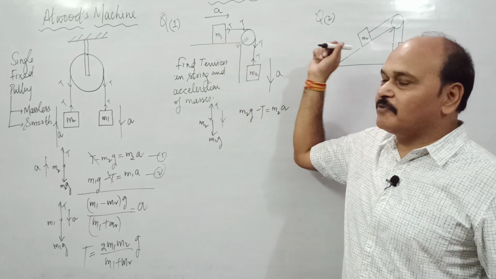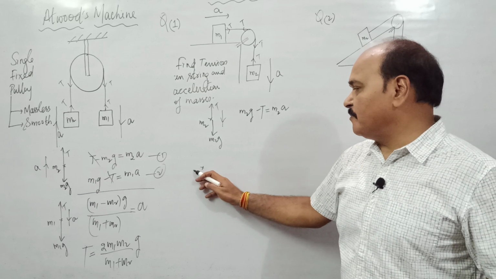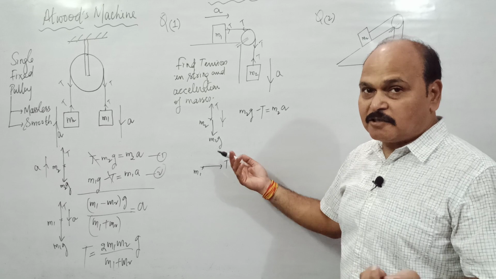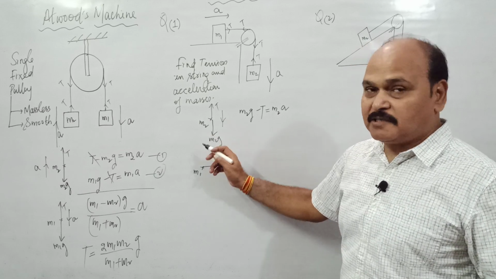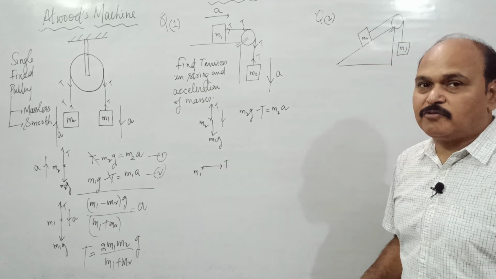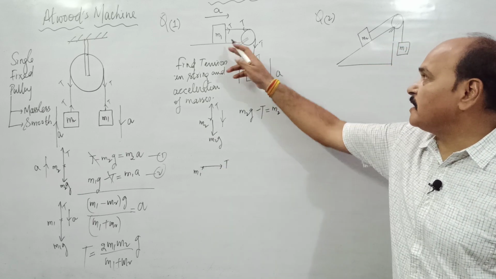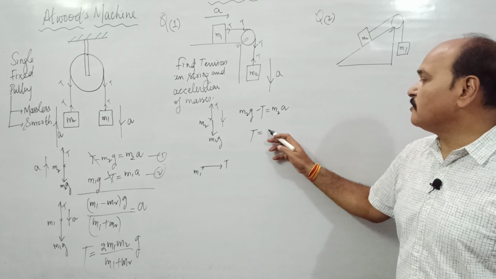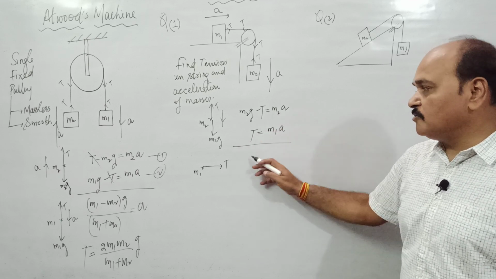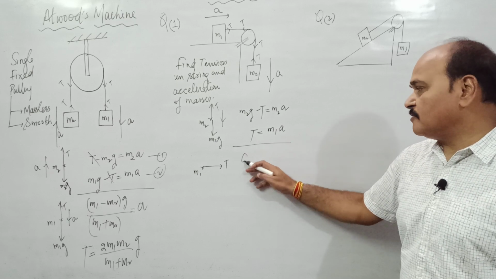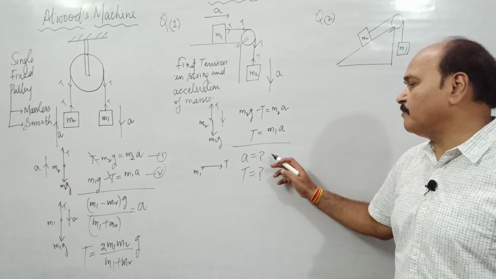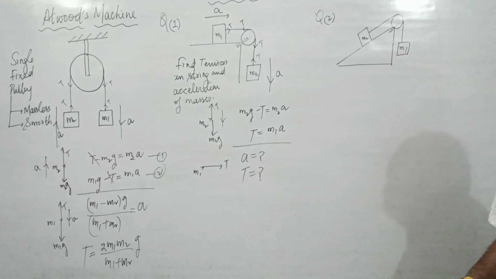This body is moving over a horizontal surface. So this mass M1 is acted upon by only the force T. There are two other forces, its weight and the normal force, and they cancel each other. If you wish, you can write them, otherwise it is not required. So the net force acting over this mass is T, and that is equal to mass into its acceleration. Now you can add the two to get the value of A, and substitute the value of A anywhere, and you will get the value of T, solving both the equations for A as well as T.